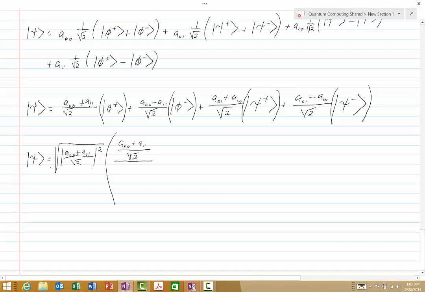And this is our parenthetical term, divided by the square root of the magnitude squared of A00 plus A11 over square root of 2, squared, times